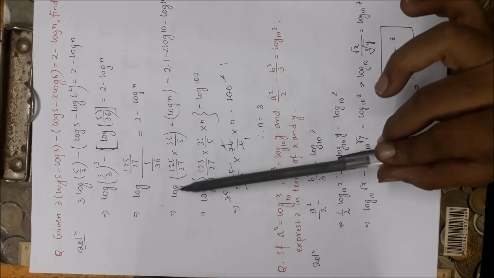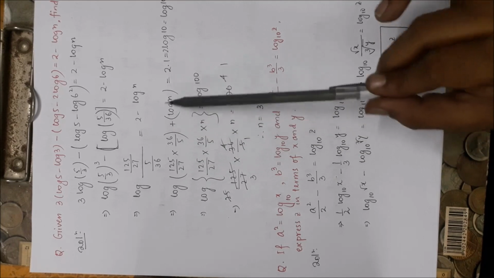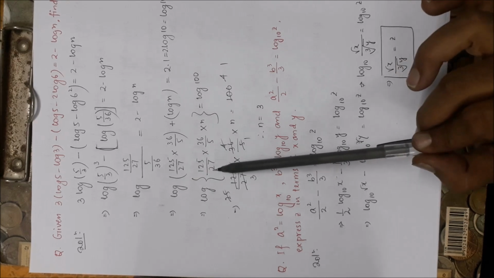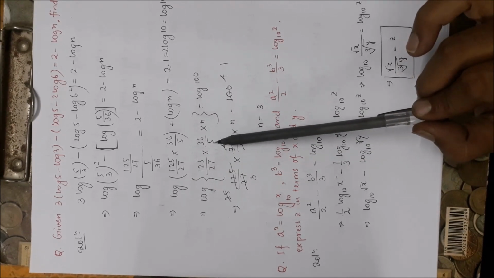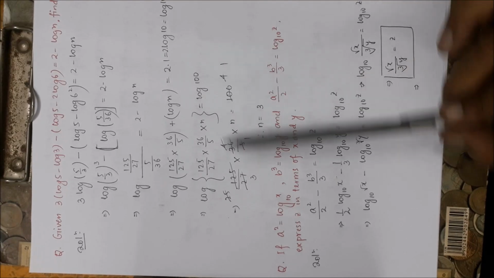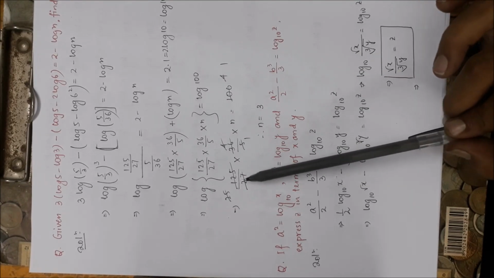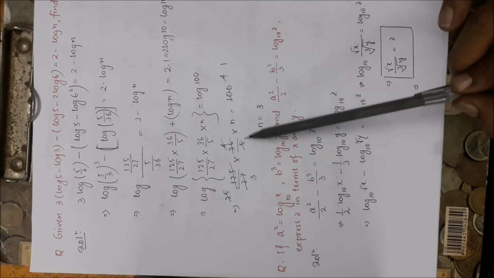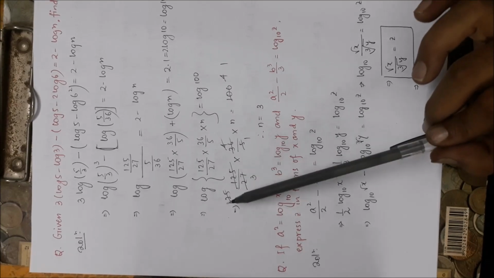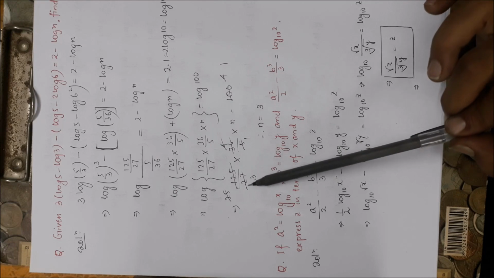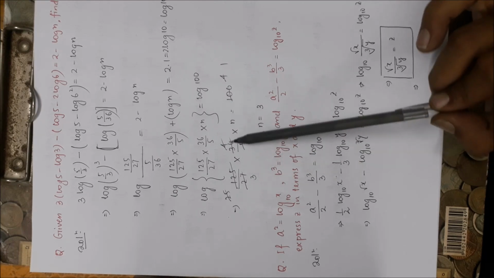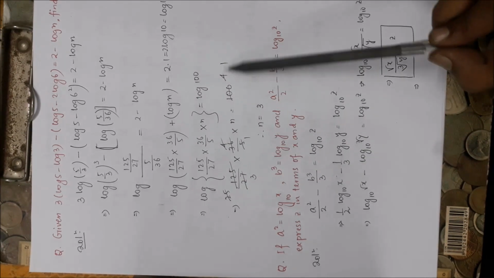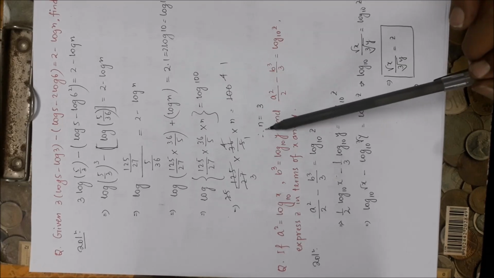Now on this side, we are using the product rule. Log m plus log n equals log of m into n. That means we will get log 125 by 27 into 36 by 5 into n equals log 100. If we equate both sides, you will get 125 by 27 into 36 by 5 into n equals 100. Now we will simplify. 5 1 ja 5, 5 25 ja 125, 9 3 ja 27, 9 4 ja 36, 25 1 4 ja 100, 4 1 ja 4. So n by 3 equals 1. Therefore n equals 3.